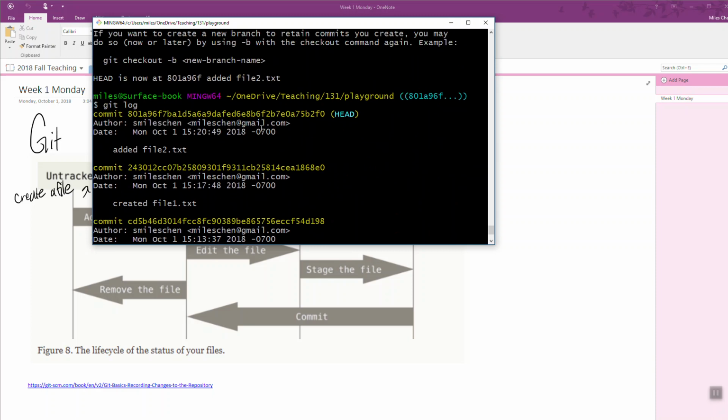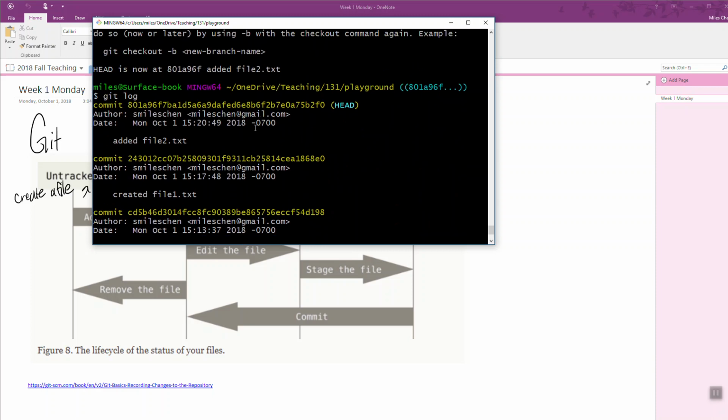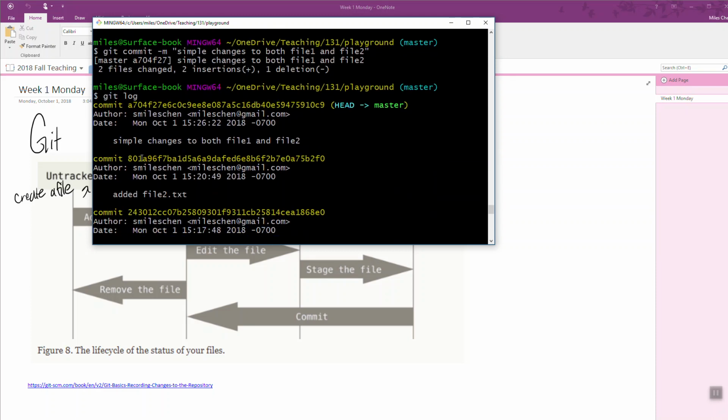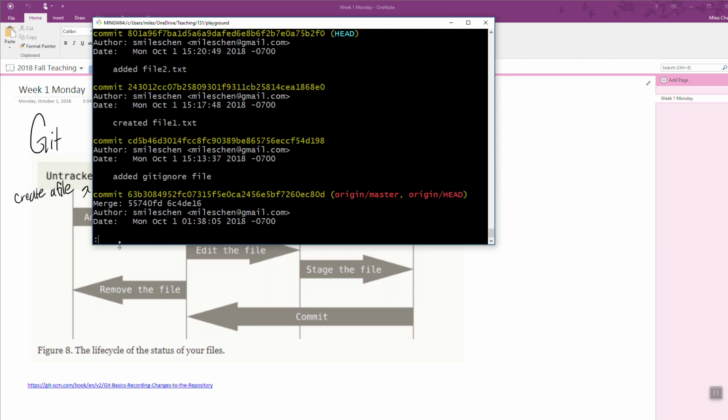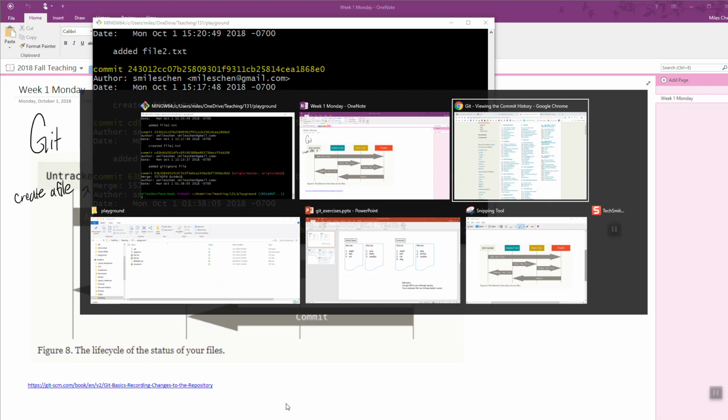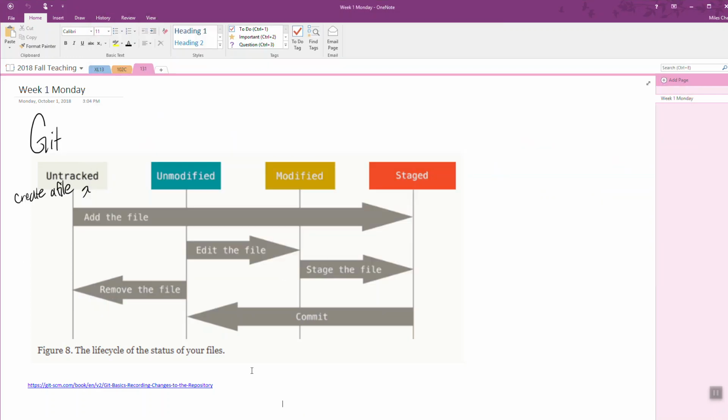if I check the log, we're back at this time where I've added file 2. So I've basically checked out this. I think it's the equivalent of checking out a past version. Okay, so anyway, I just want to show that by checking it out, if I open